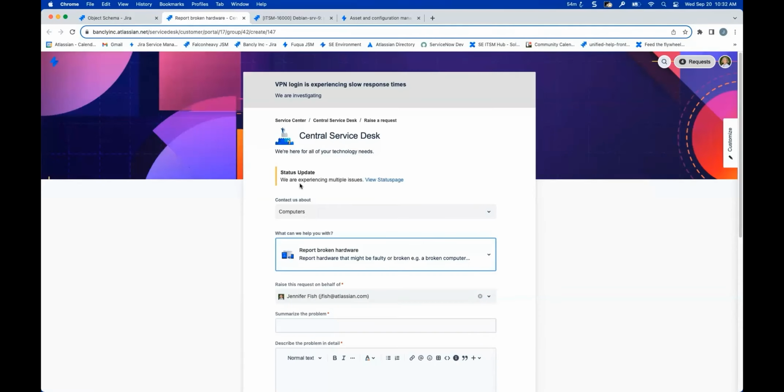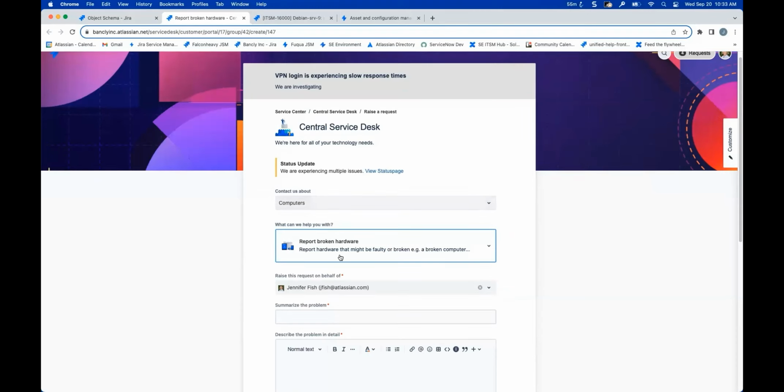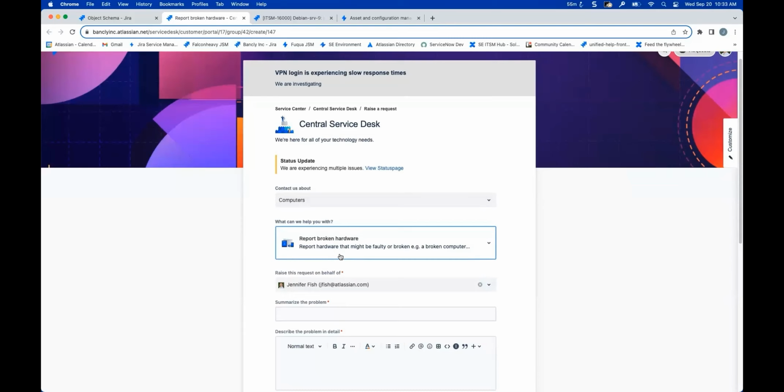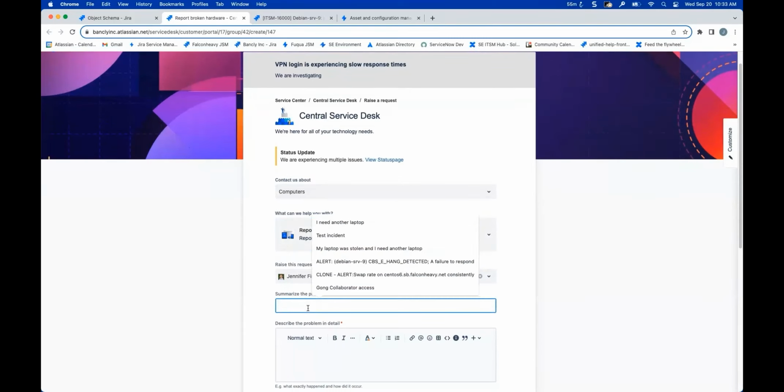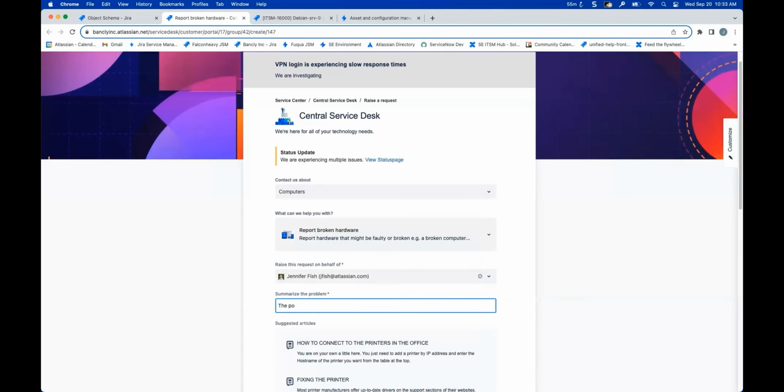Agile practices and Scrum practices say start where you are. One of the things we've seen a lot when trying to engage in asset management, service configuration management and CMDBs is that it's a little overwhelming. Where do I start? Well, start where you have the highest volume. As I mentioned earlier, our highest volume is with laptops. We break our laptops, we can't get laptops to work, we've got VPN issues, so we're going to start with laptops. And the power supply on my laptop is not working.